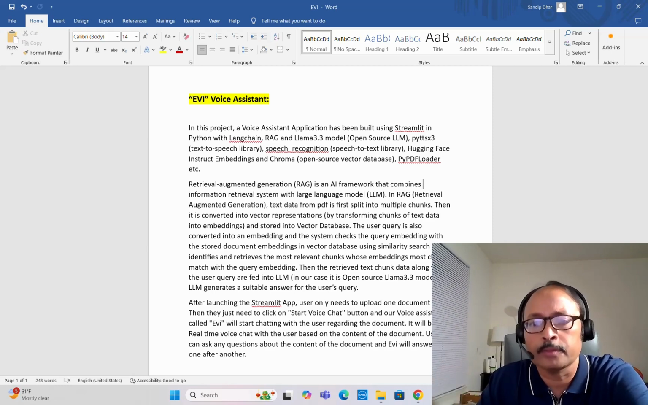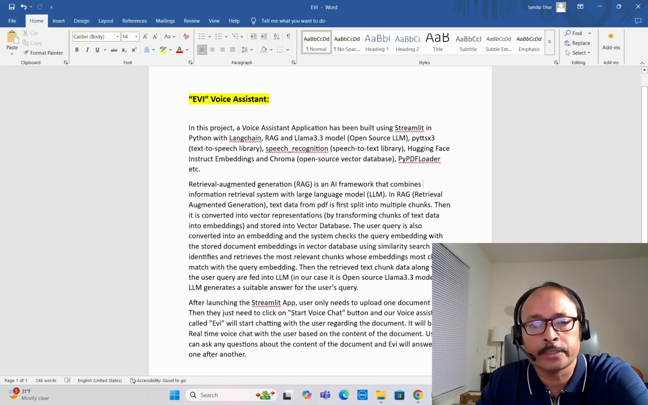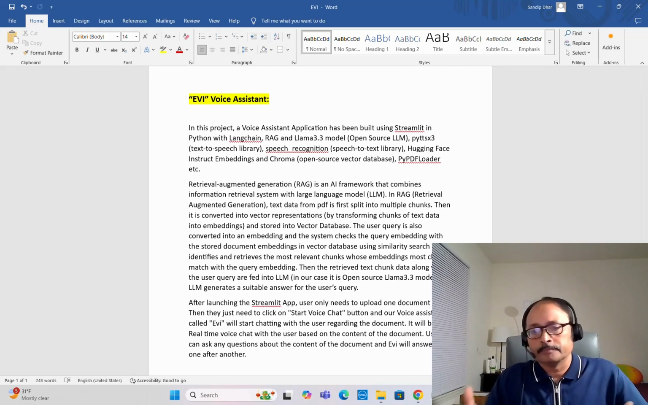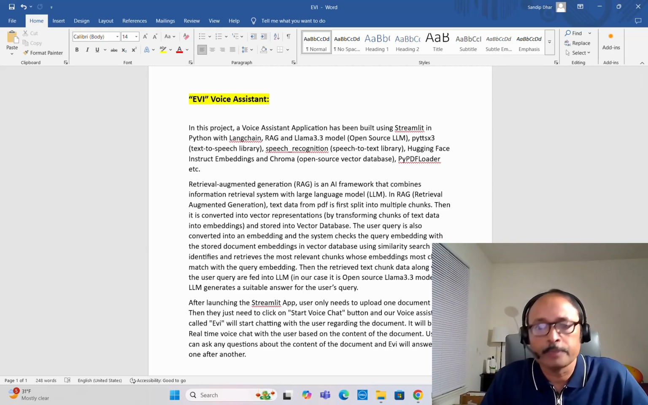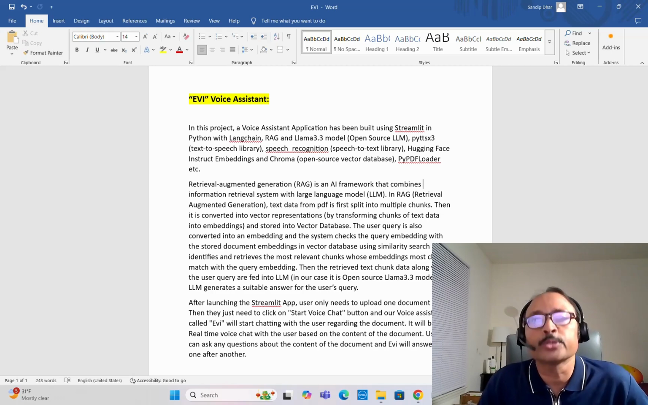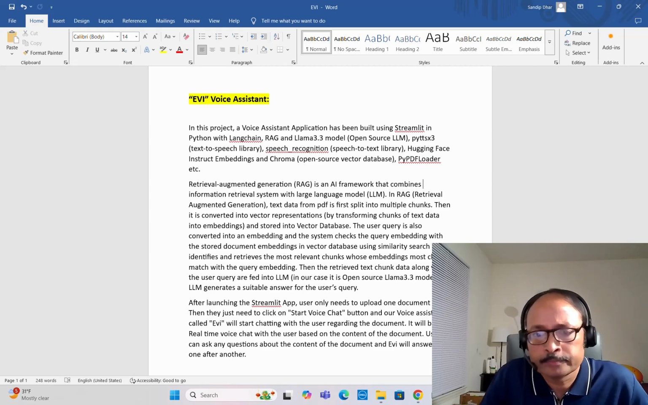That means we'll identify and retrieve only those chunks of data, or those parts of the data, which are very much related to the user query or question. Then the retrieved text chunks, along with the user query, will be fed into the LLM, and in our case it is the open source Llama 3.3 model, and then the LLM will generate a suitable answer